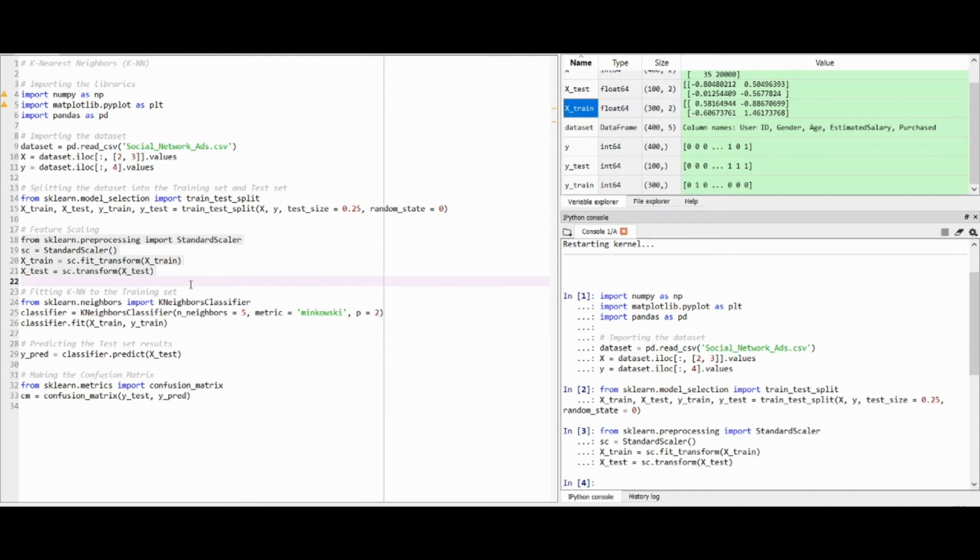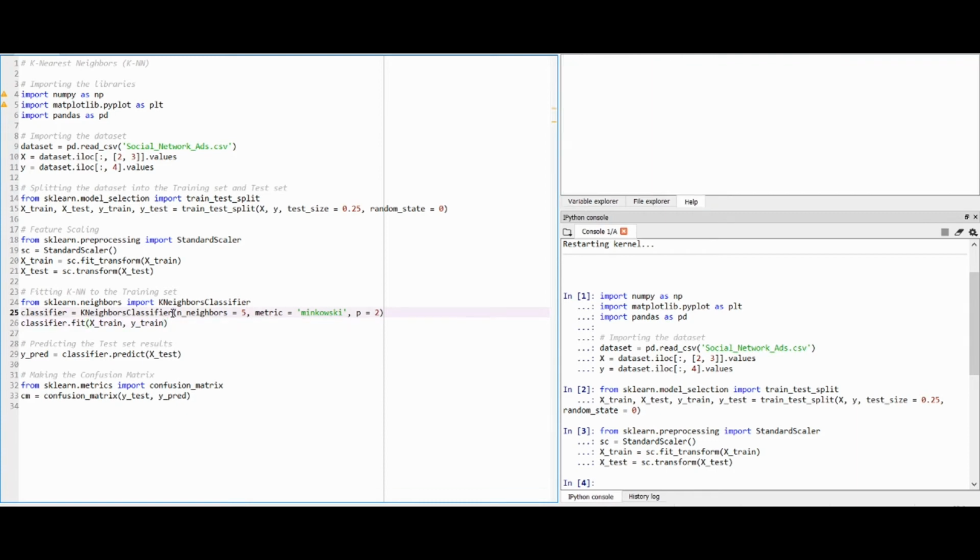Now the main step, which is the generation of our model. For this we are using, as always, the sklearn library, and from sklearn we are using the neighbors module, and from this module we are importing the KNeighborsClassifier class. Now the class is imported, and we have to initialize our object. Classifier is the name of the object, which is equal to the name of the class, and here are the parameters we are going to use. Let me show you which parameters this class has.